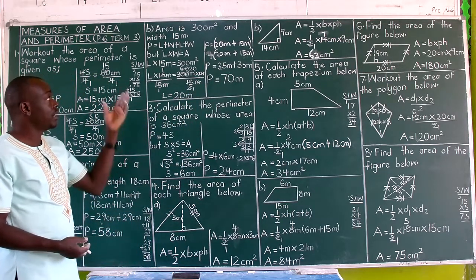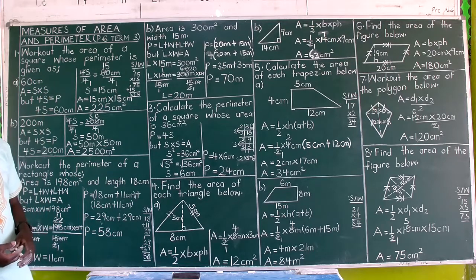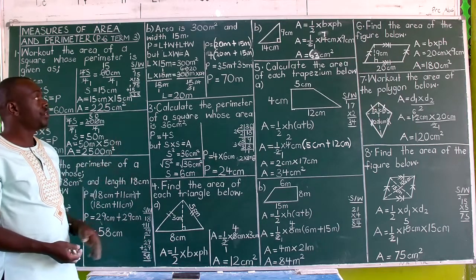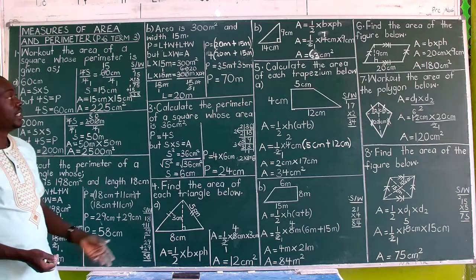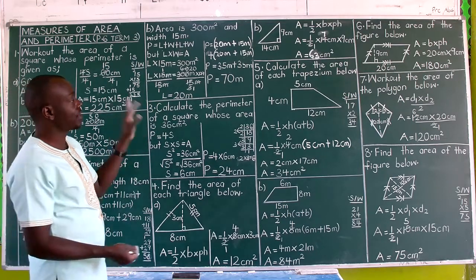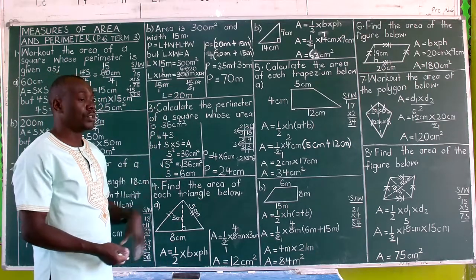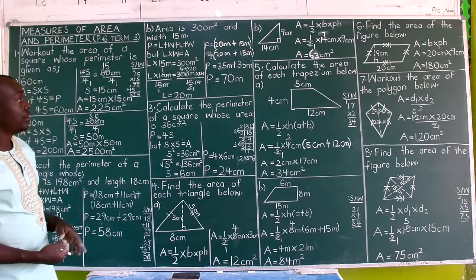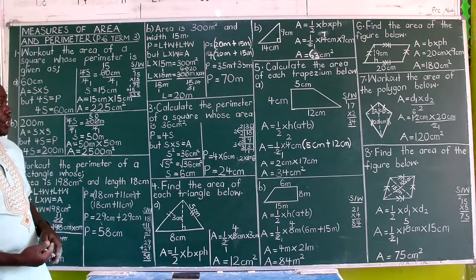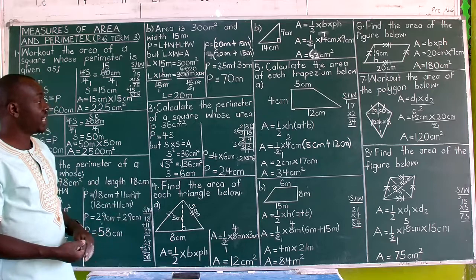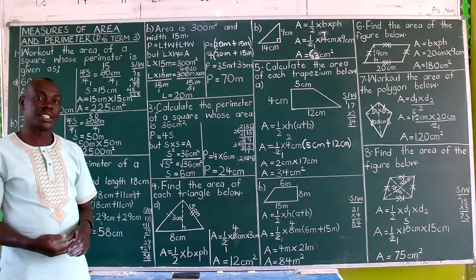So this time you have been given the width as well as the area. You first use the area to find the length, which you have found as 20 meters in that regard, and then add around that rectangle. You get a 70 meter perimeter. Then go to number 3 and see what it has for us.